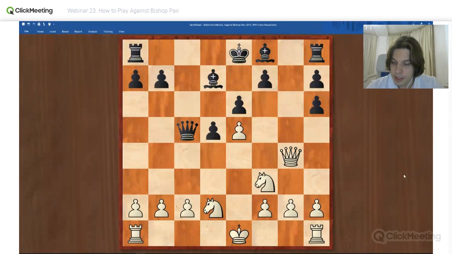So this is the game between Tal and Botvinnik. It's white to move. White has two knights. White controls the center. This bishop is really bad, the one on d7. The bishop on f8 is a good bishop generally, but you can also notice a bad pawn structure, h7, h6, which means that probably this bishop has to stay somewhere here to be able to protect this weak pawn. And that's why white is better. However, how to play? This is the question. What would you do if you were white in this position?